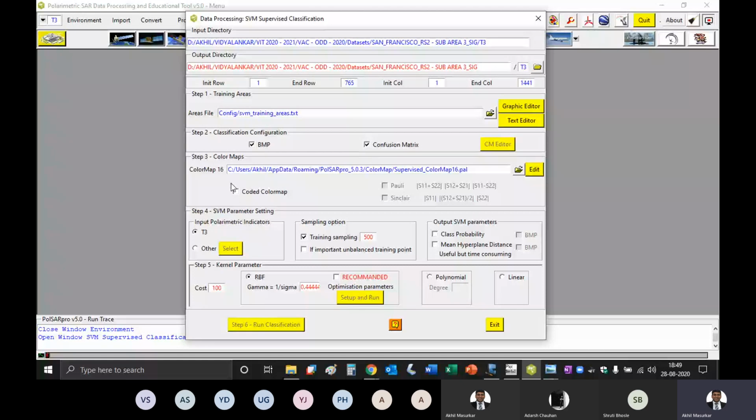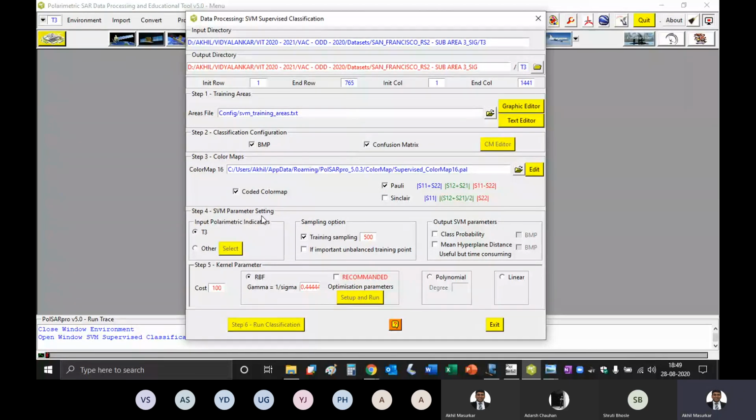Then there are some color maps. So you can just say generate the color coded maps using poly. After classification, you can tick color coded color map. Once you enable this, then only it will ask you poly or Sinclair. So we will always take poly for our discussion.